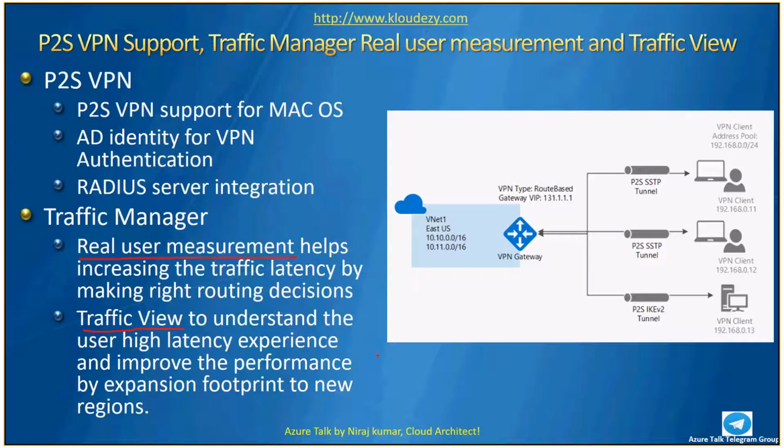The same way with Real User Measurement, you go to the Traffic Manager, where you will have already enabled that feature. You can go to the real user tab, download that code, and enable it on your header file. It will help you understand the load and where my capacity is going. All this you can view from there.